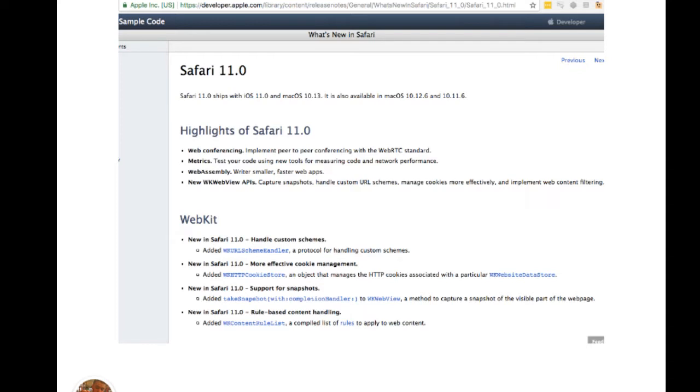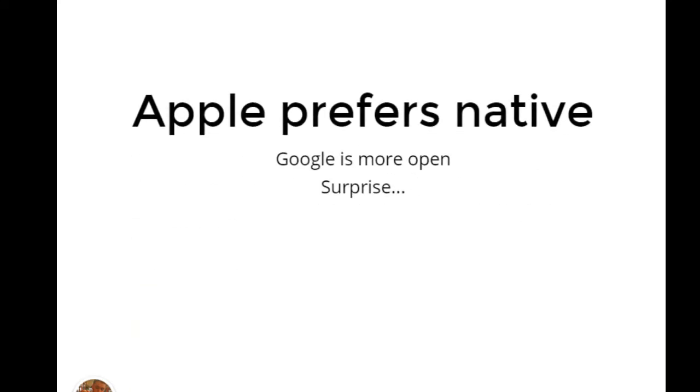This was their announcement for the WebRTC. It is the last line in that first bullet point that told developers that they can now use the streaming camera to do stuff, including mostly AR and things like that. So for their announcement for the browser kind of development aspect of it versus using their kit that gets you in their store, I get it. Apple prefers native. They prefer their own store. They've got way more control over it. If there's monetization, they get involved. It gets more people using their store, meaning more downloaded apps, more proprietary this or that. Google is more open. Surprise. I don't think anybody's surprised by that.